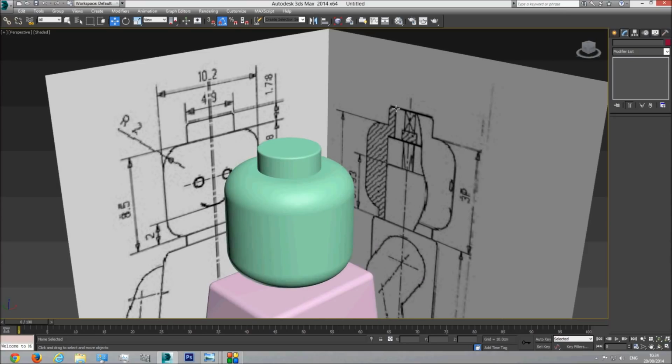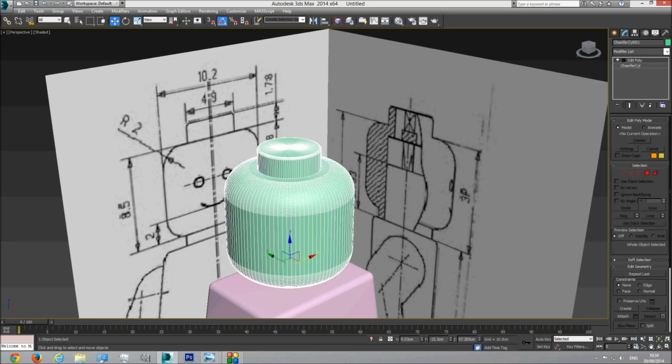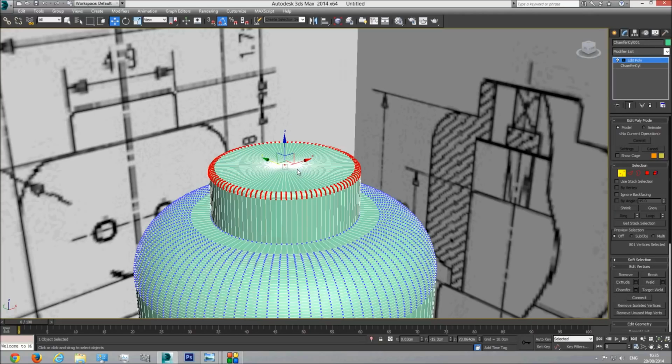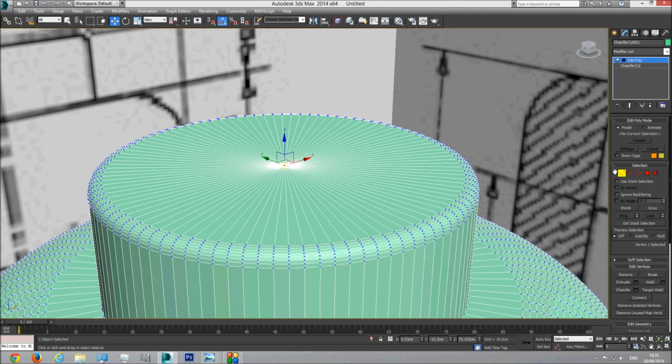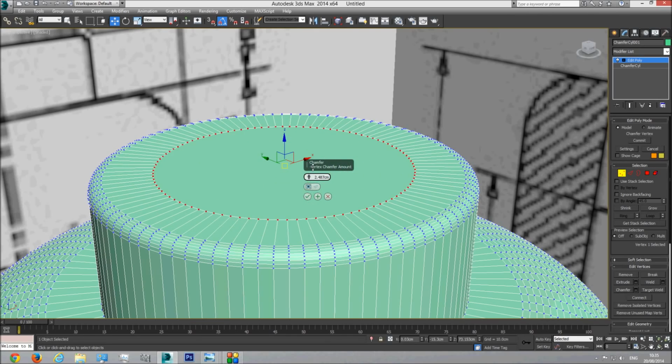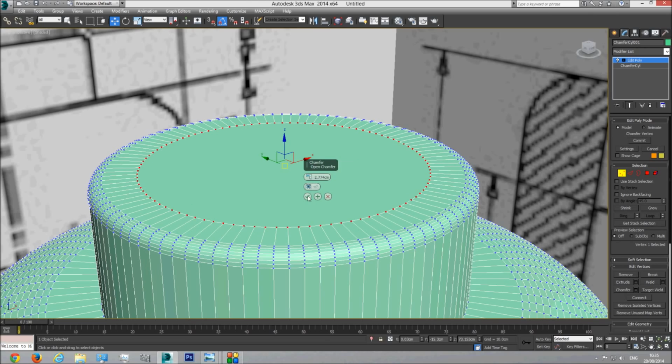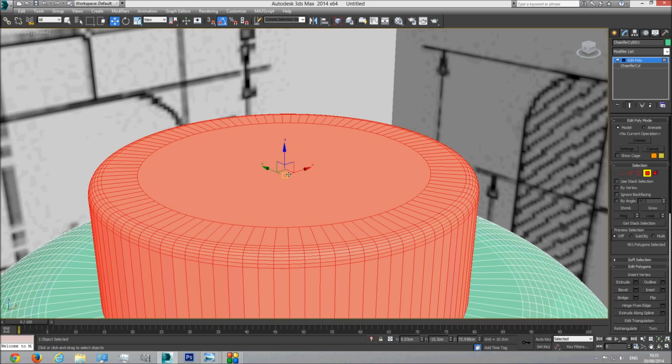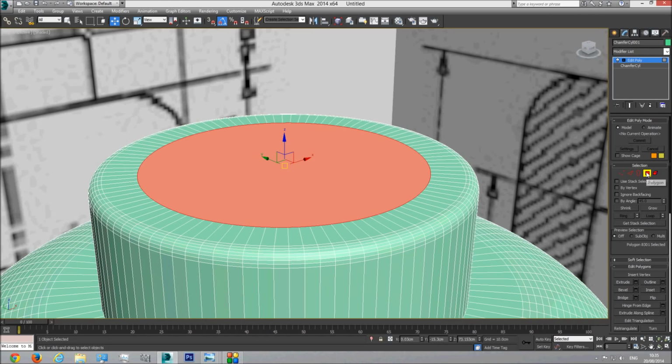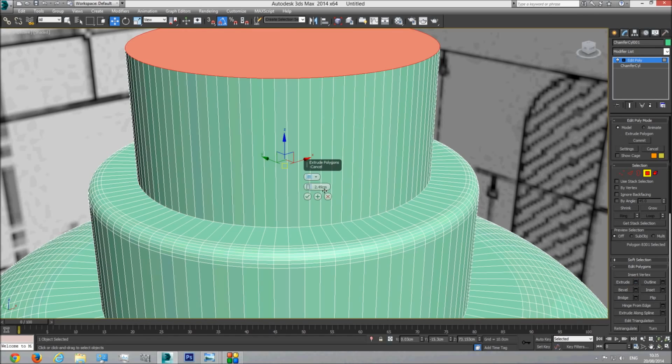I see that the hole starts here, so I'm going to choose this vertex and I'm going to extrude it. Now I'm going to chamfer it so that we get this rounded form here. I'm going to chamfer it something like this, and I'm going to choose this polygon and extrude it inwards,